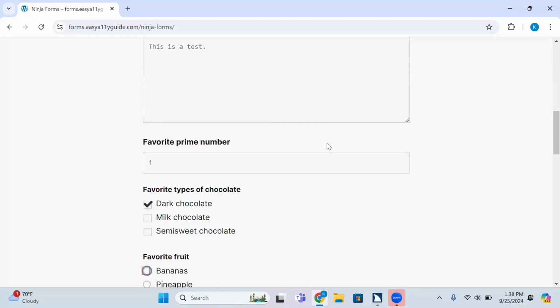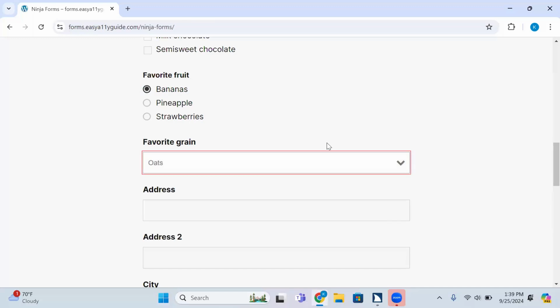Bananas radio button not checked. Wait, it didn't read the label. Right. It didn't read it for dark chocolate, the chocolate either. Yeah, but it didn't read the favorite fruit, which is the label before bananas. Right. It didn't read it for either one. They have just a whole bunch of divs and spans. The favorite fruit, which is a visual label, is just divs and spans.